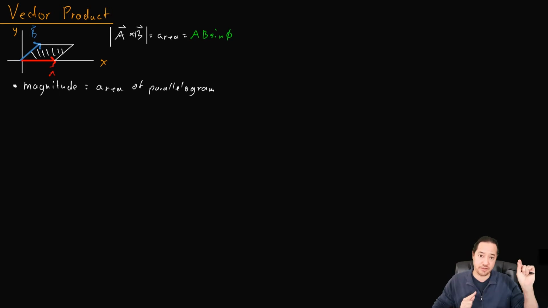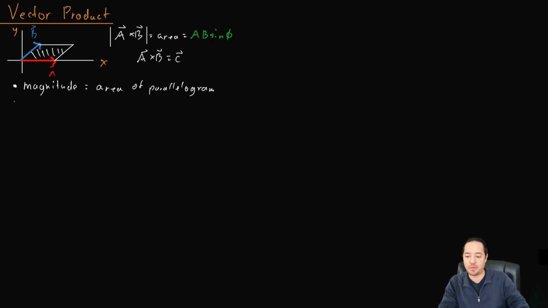Okay, so the length of this vector, let's call it vector C. We'll say that A cross B equals C. We'll say that the length or the magnitude of C is going to be equal to that area. It's going to be AB sine phi. So that's not too bad. But what about the direction? The direction actually seems to be the more confusing